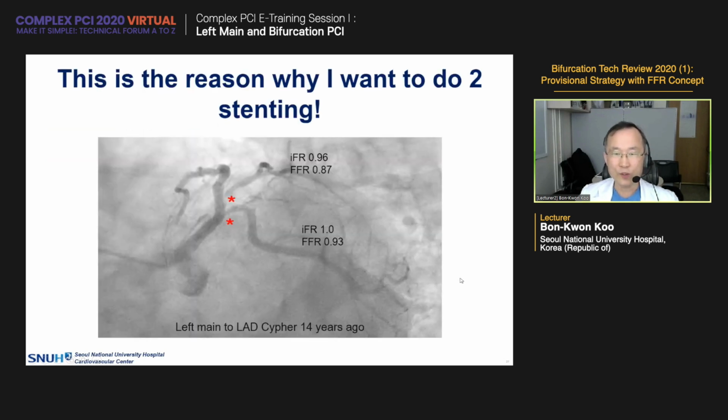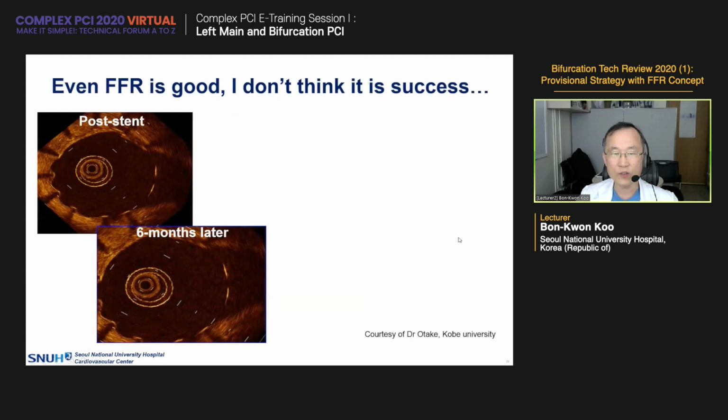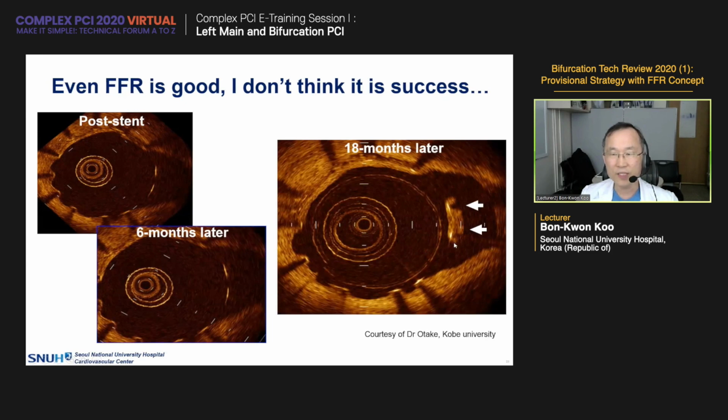So here's another story. It looks bad, but when I measure iFR and FFR in this diagonal branch and circumflex branch, all were good. Even if I show this kind of good physiology, some may argue that when we do OCT and very nice fine imaging analysis, at 6 months the obstructing struts are fine, but at 18 months, something happens. So this is the reason why some doctors do not even believe in FFR and do something else, especially OCT-guided strut selection and